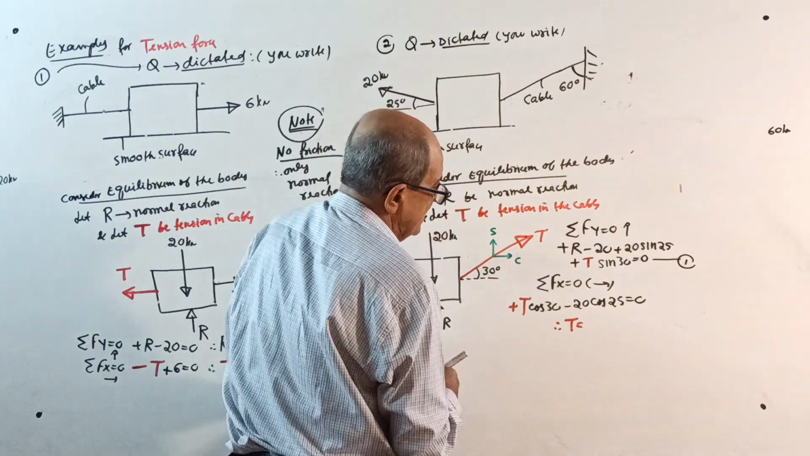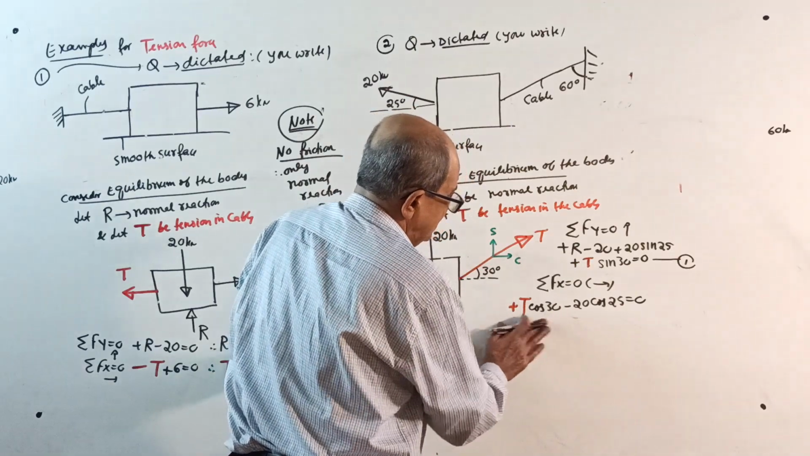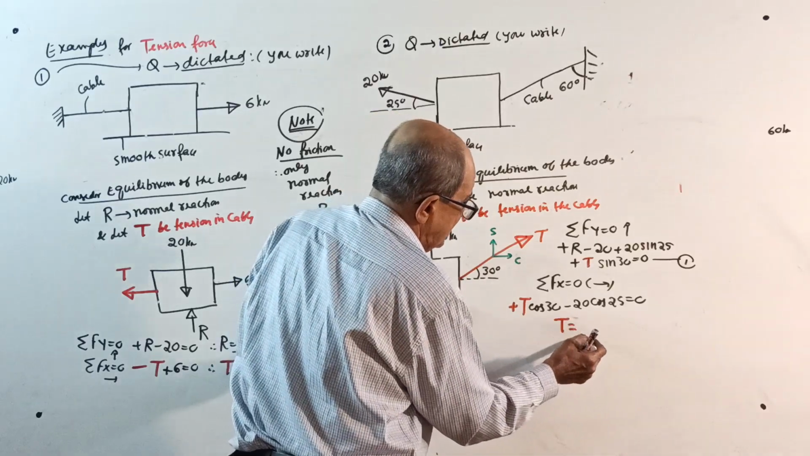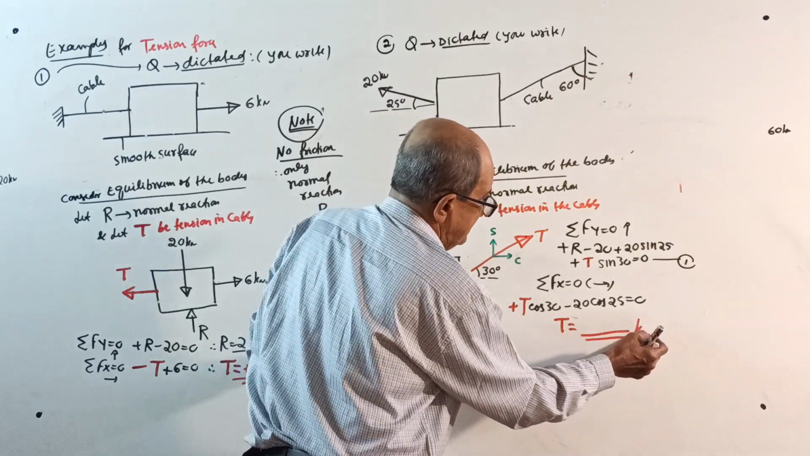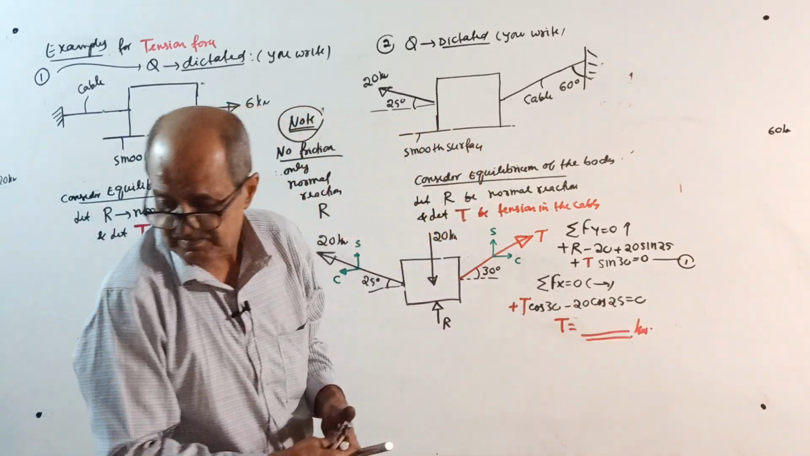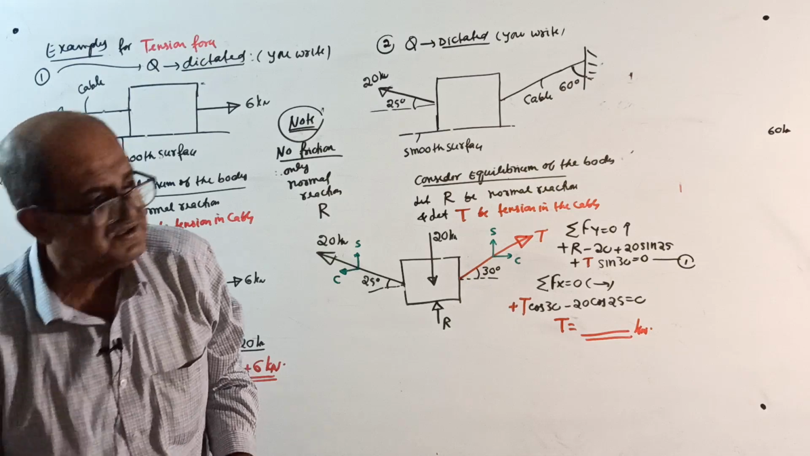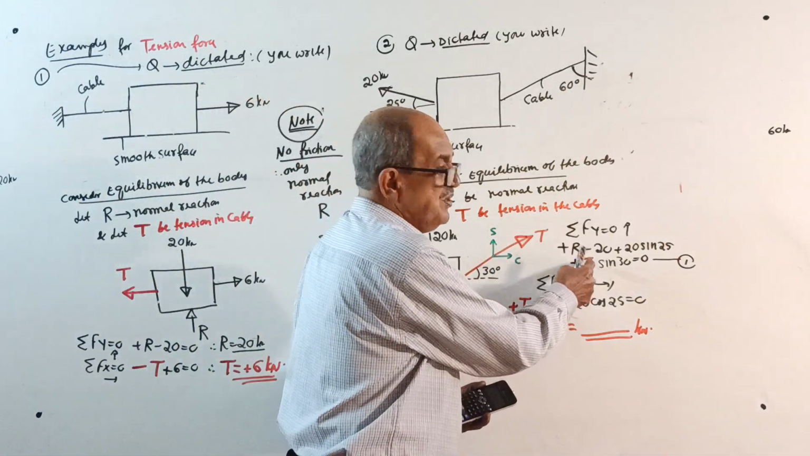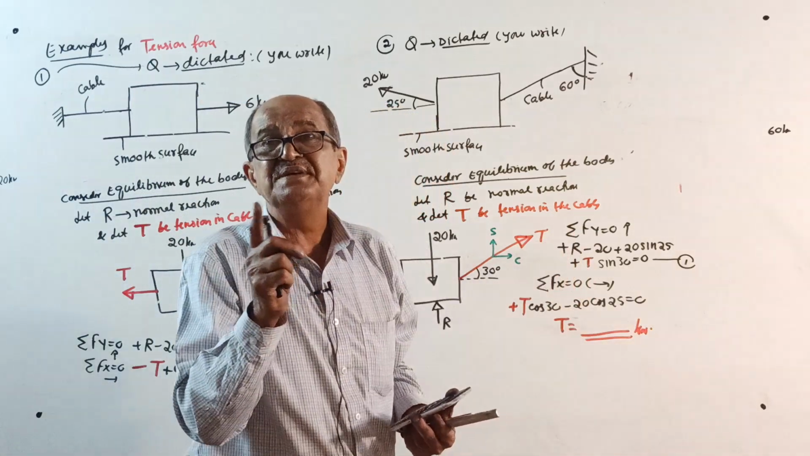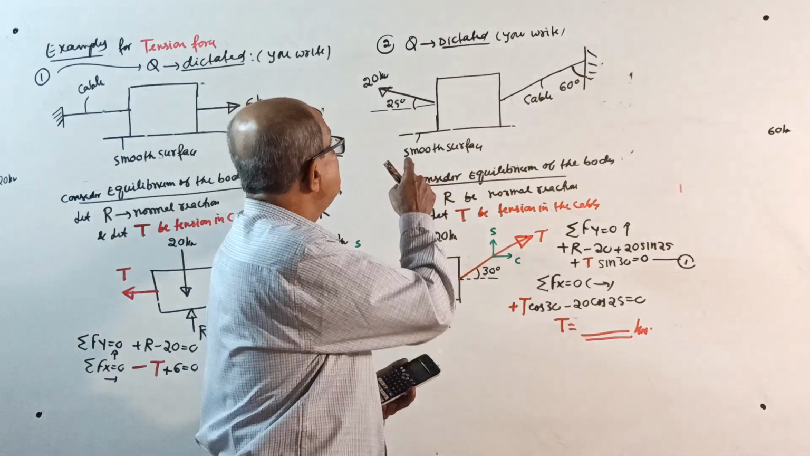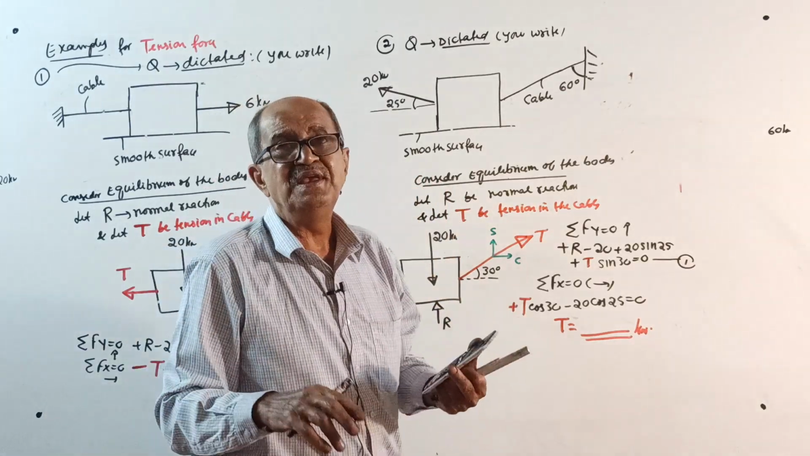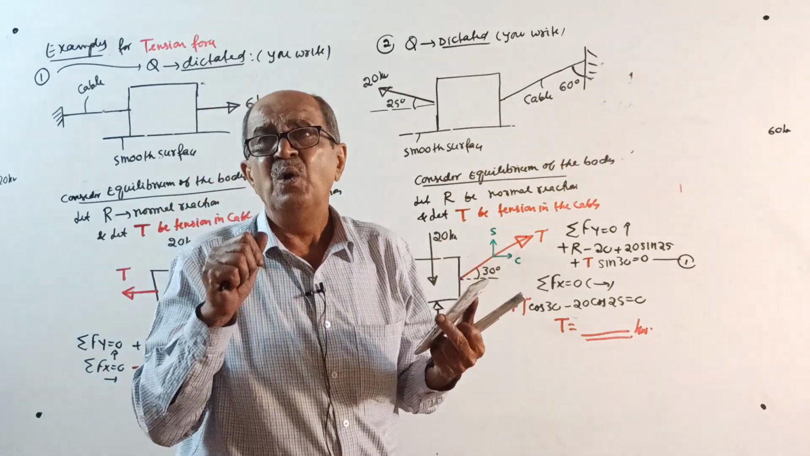What about normal reaction? Who wants it? We do not want normal. In today's class, we want to find only T, that's all. Tension in the cable in kilonewton. Get the answer. Now, once you get T, if you substitute here, remember, this time friction is not there. Friction is there means concept is changing. That's why today's example is only to explain how to consider